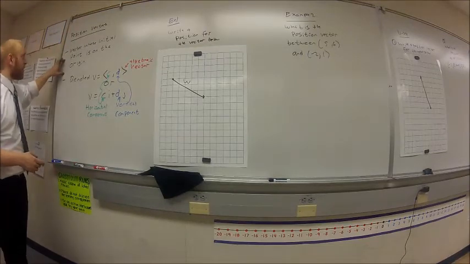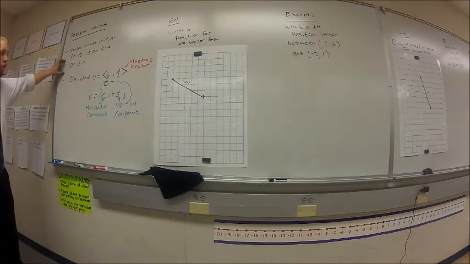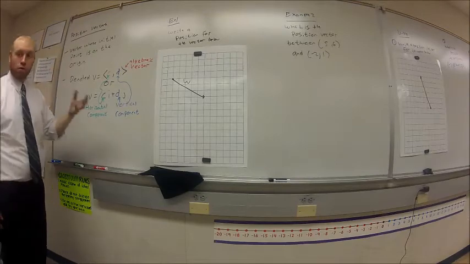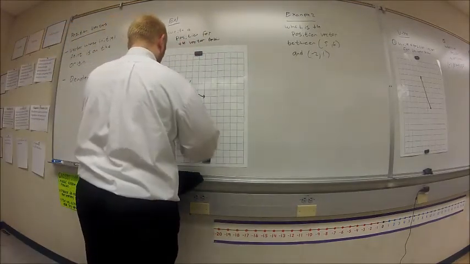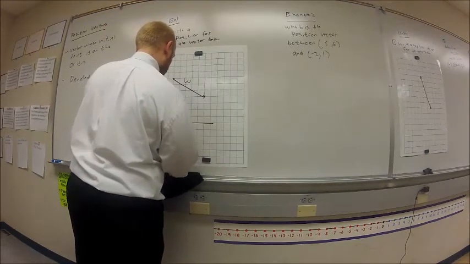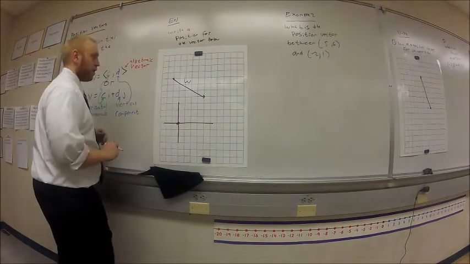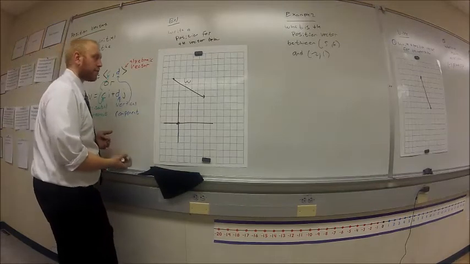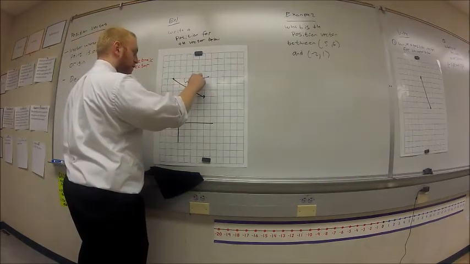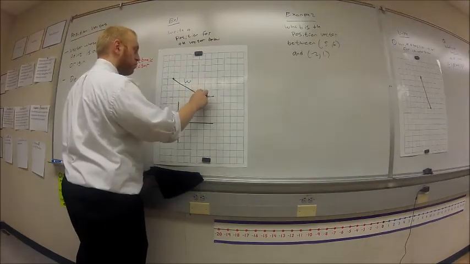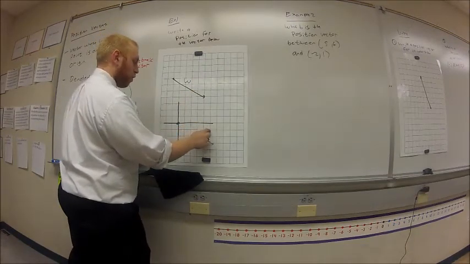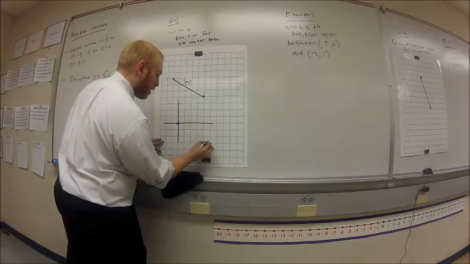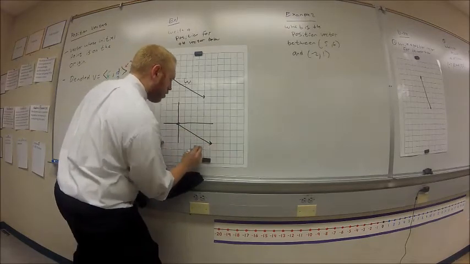Well, it says it's a vector whose initial point is on the origin. So let's go to the origin. Draw a graph. Put the initial point on the origin. And then follow what this guy does. He went right 1, 2, 3, 4, 5. Down 1, 2. Well, let's count again. 1, 2, 3. So 1, 2, 3, 4, 5. 1, 2, 3. And that is visually what a position vector